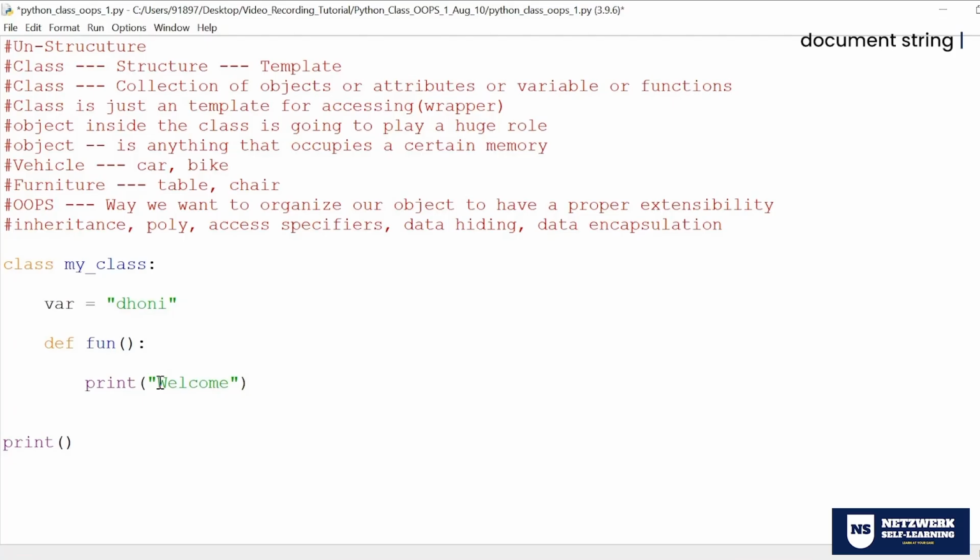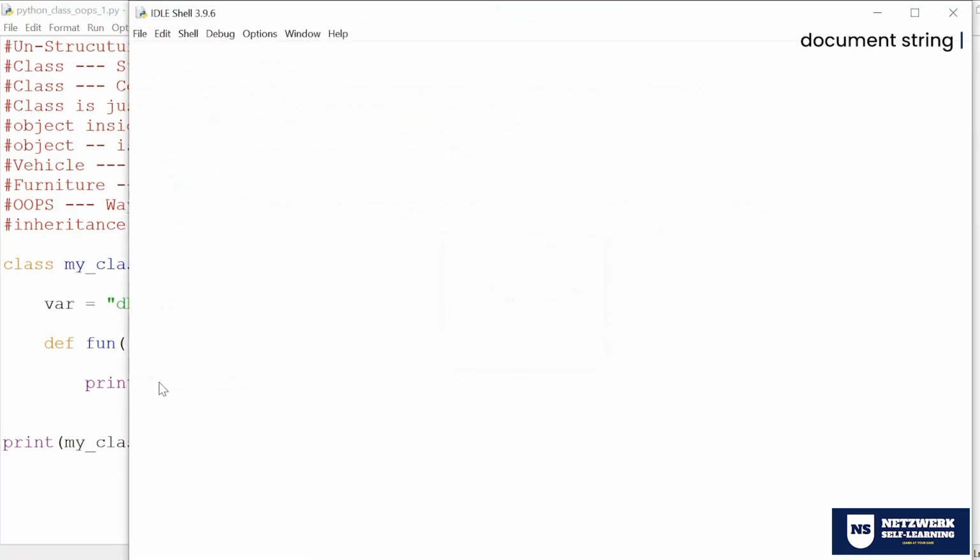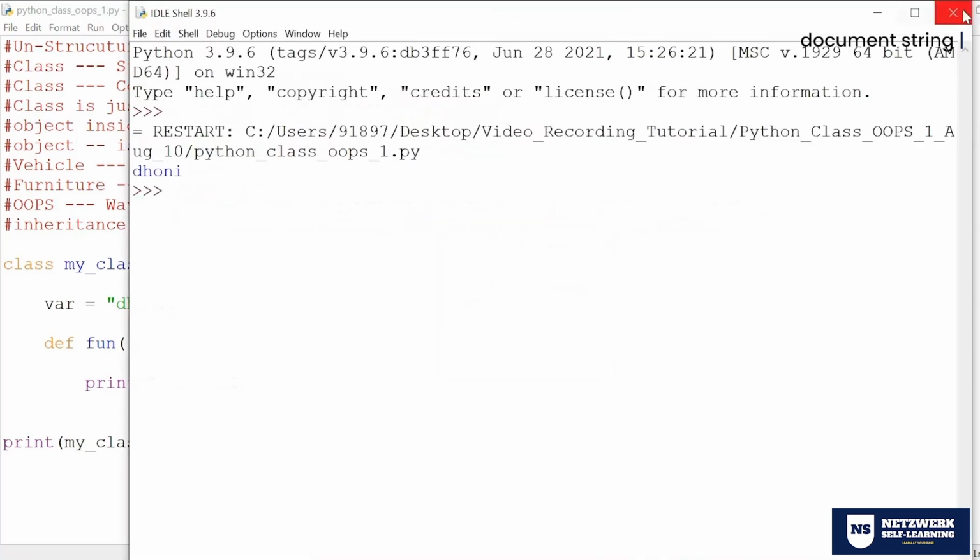Now the variable is not available in general, it is inside your classroom. So whenever you want to call the variable, you have to get permission from MyClass. So MyClass dot variable, let me run. There you see it prints.